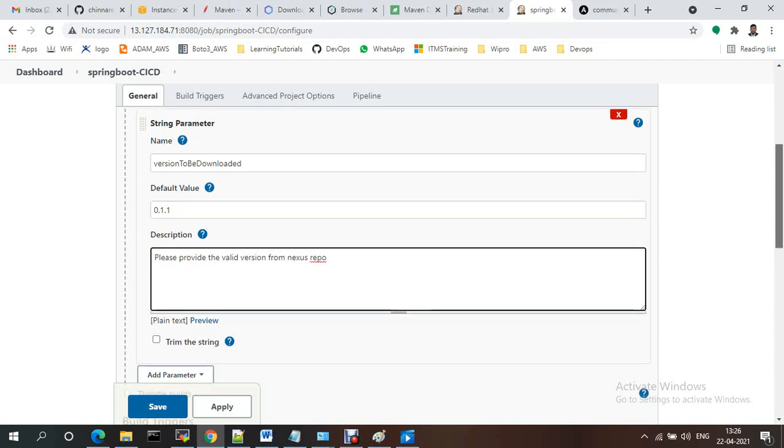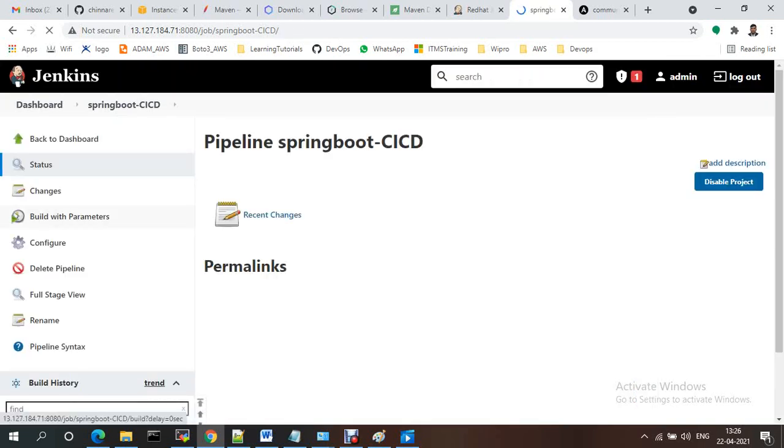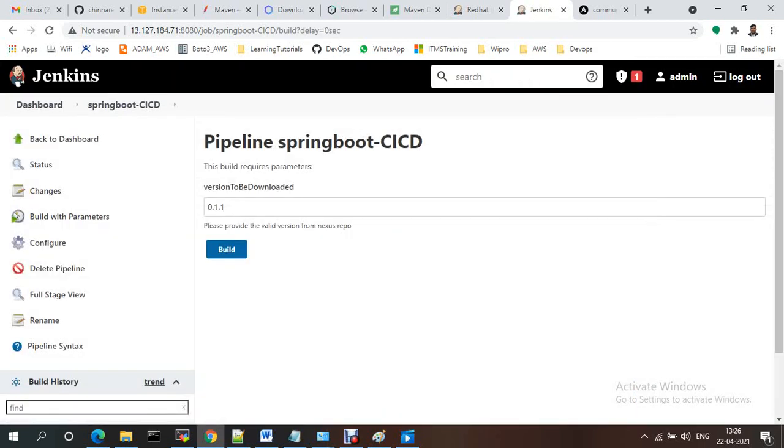So now if you see here, apply, save. If you do build with parameters, it will ask for the version, so you just need to provide that. Now go to configuration, and I have this pipeline already, so let me get that one.